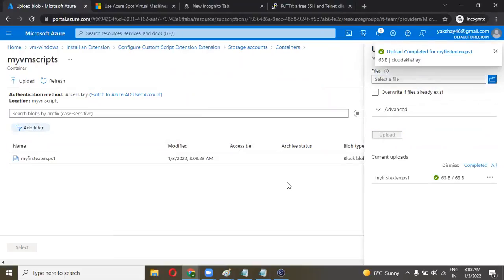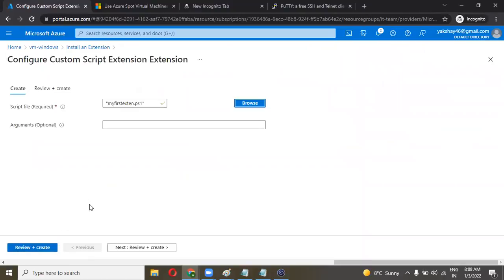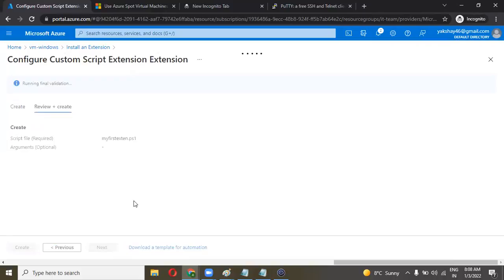Now you need to select the extension file and select this here, and if you want to give an argument over here, you can give, but right now no need to give any. And next, review and create. Validation is passed. Now create.